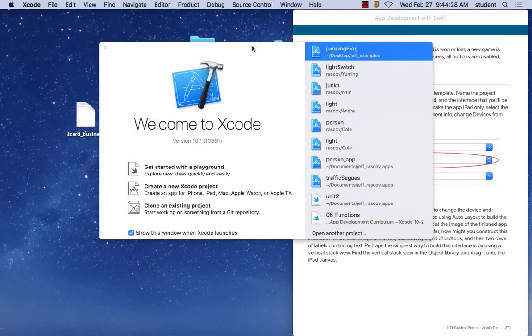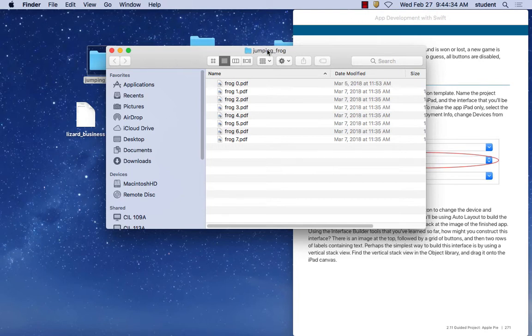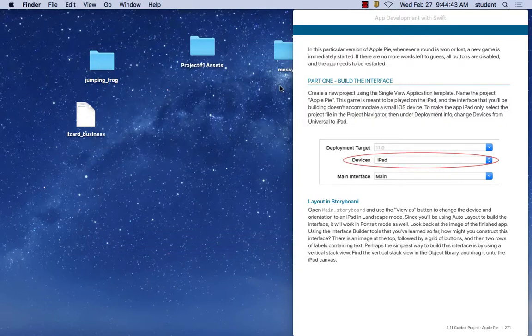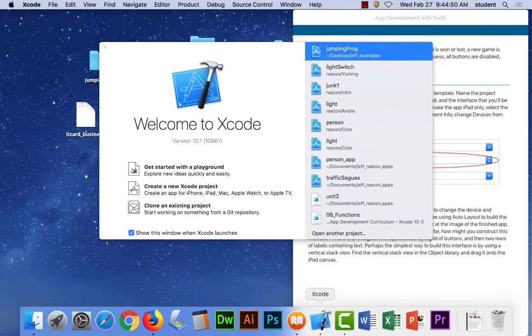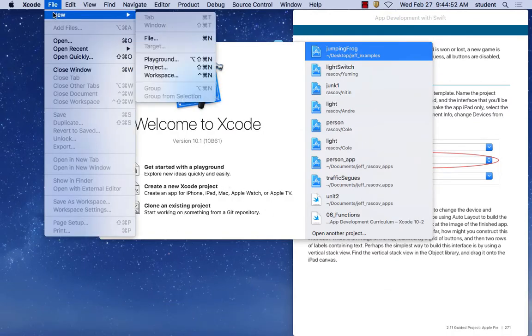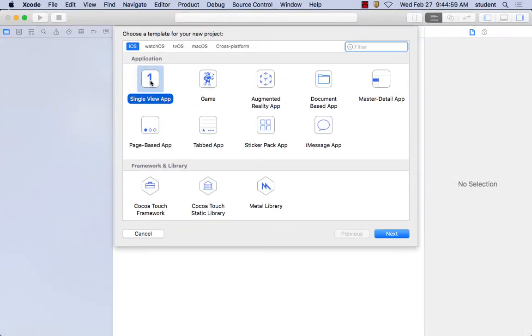One thing you might want to do is take your graphics that you have and put them in a folder. I have a folder here called Jumping Frog. I got my graphics in there. Do you see that? So I have one folder with my graphics in there, and I'll probably put my project in there. So again, start with, where was I at? Where's Xcode? Start with a new project,